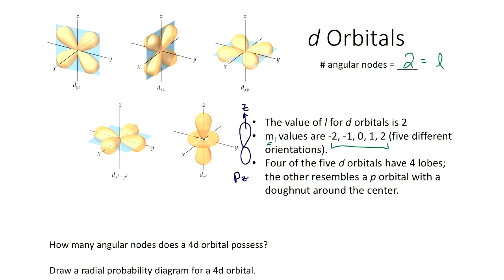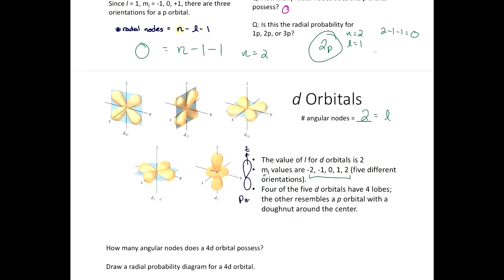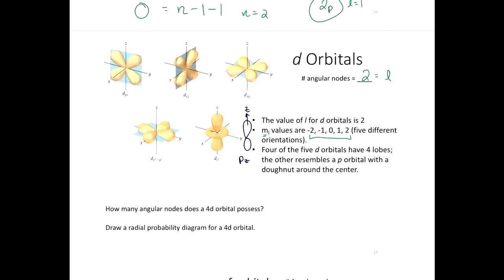D orbitals have belts around them. They are the dz squared designation, while pz is just saying you have a dumbbell lying along the z-axis, or the y-axis, or the x-axis. It's px, py, and pz for those designations. Did I say that up here? Yes, so right here, px, py, and pz is just what axes those dumbbells are lying across. Okay, so those are the different shapes.